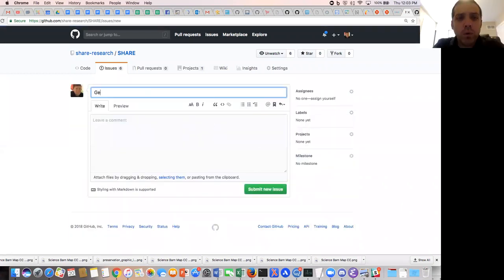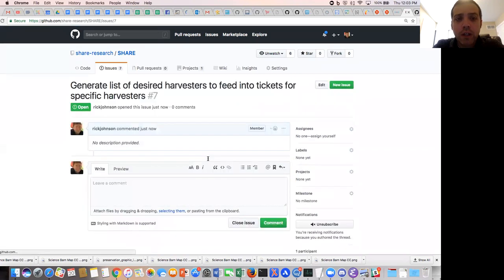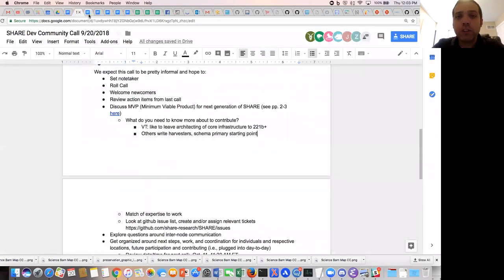Yeah. What we'll do is, Rick is writing a ticket for this as we speak. So yep, we will generate this list, but I think what would be good is for people who want to test this side of things. And again, the more people, the better. And I don't think you have to have JavaScript programming skills to do so. And if you don't, and if you do have to, we can also help you build those skills.